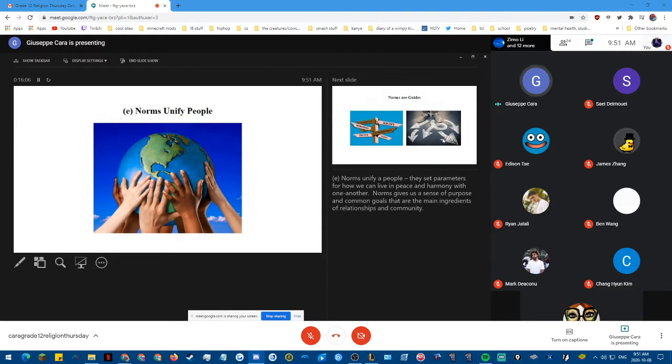Norms unify people. They set parameters for how we can live in peace and harmony with one another. Norms give us a sense of purpose and common goals that are the main ingredients of relationships and community. Okay? As St. Rob's community, we know that in the code of conduct, it's against the rules, it's prohibited to bring weapons to school,